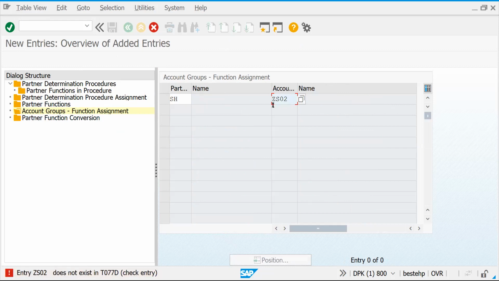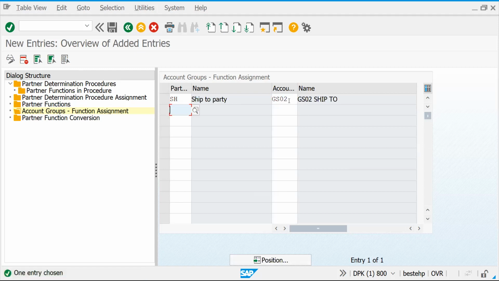Okay, so why is it not allowing? Because, one second. GS02, sorry. Okay, I'm saving this.